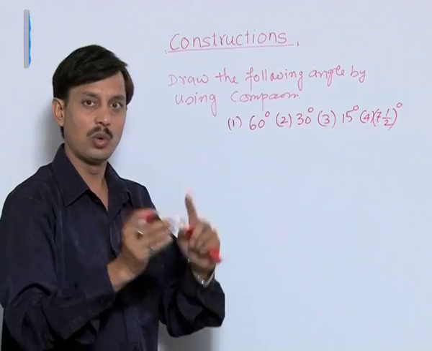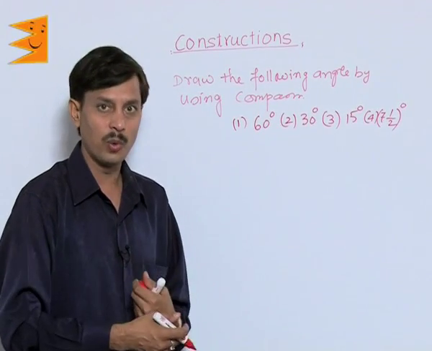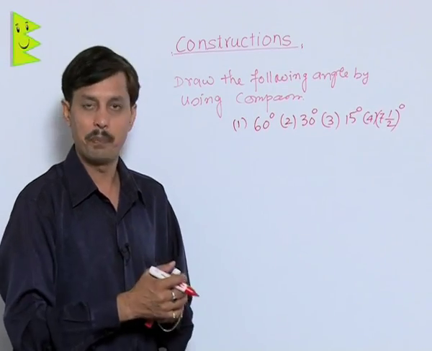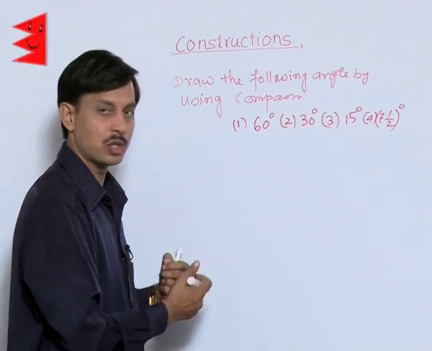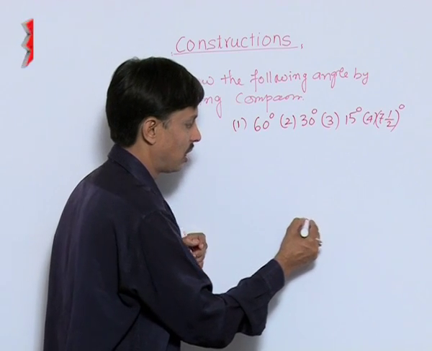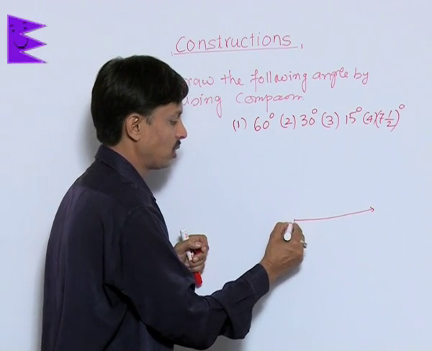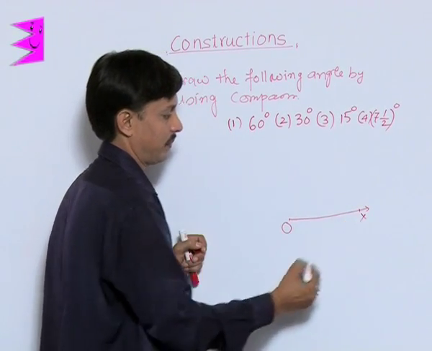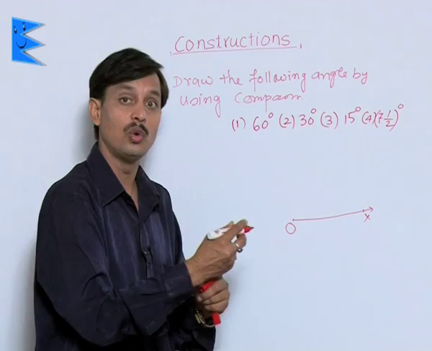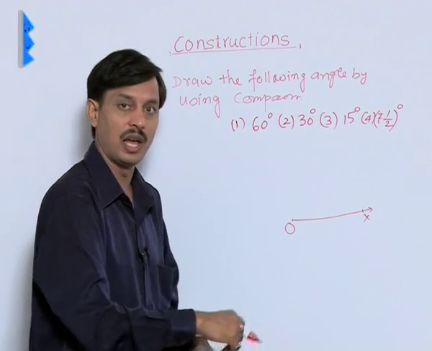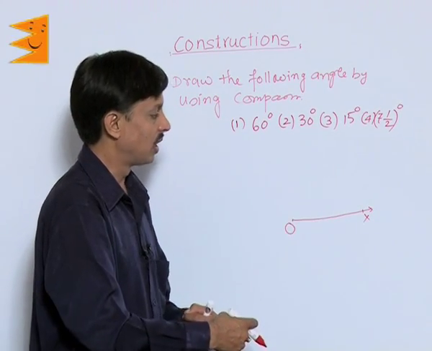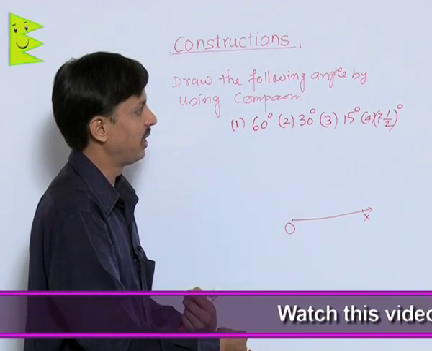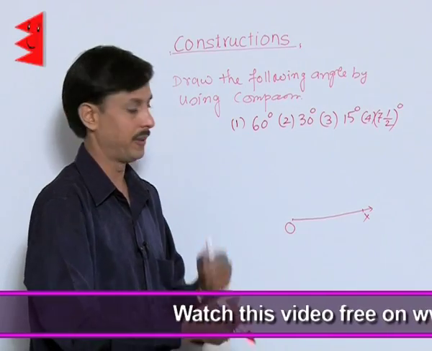How? You have to take a piece of paper or your notebook, take a scale, and also take the compass and pencil. In the first go, you have to draw a ray. Suppose this is OX. OX is any ray you have drawn with the help of the scale. As it is a ray, its length cannot be defined. It has one initial point, but it does not have any ending point.